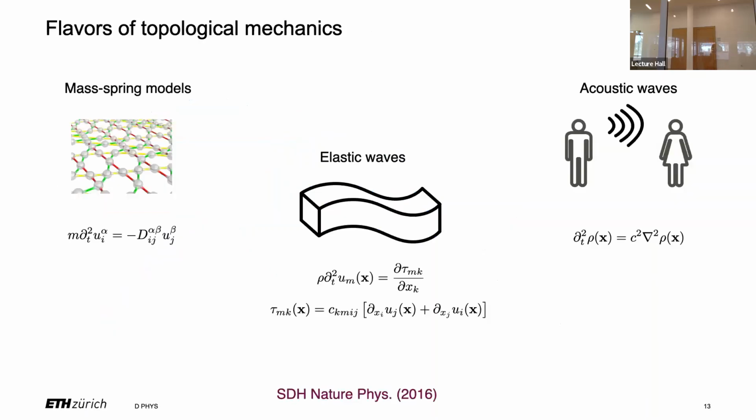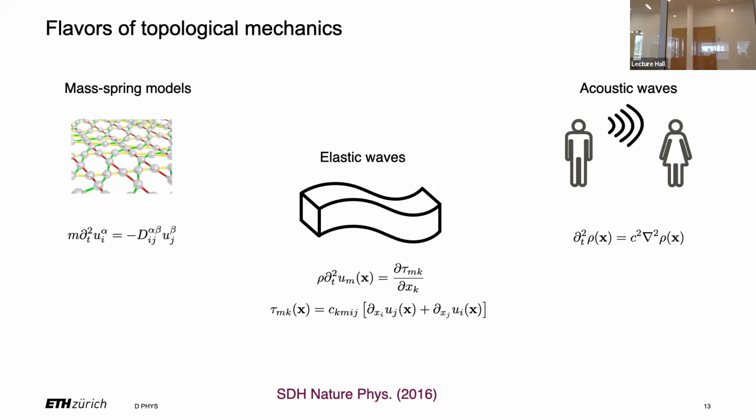And now there are flavors of topological mechanics, and the flavors really are defined by what is the medium we use to do this. And one thing we already said is discrete ball and spring models. That's a very trivial thing because I can write down that Hamiltonian that I have from whatever Haldane model or a double Haldane model or what have you. I can just build it with balls and springs.